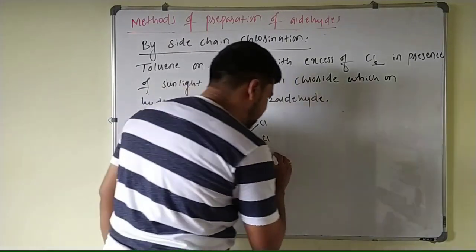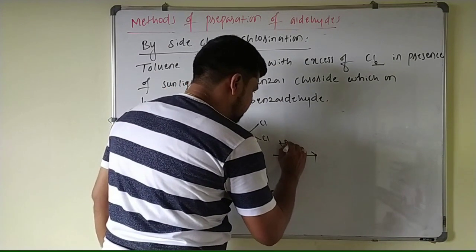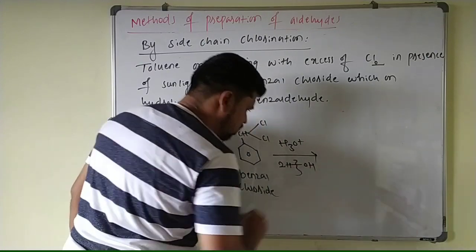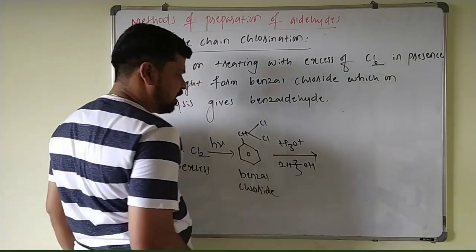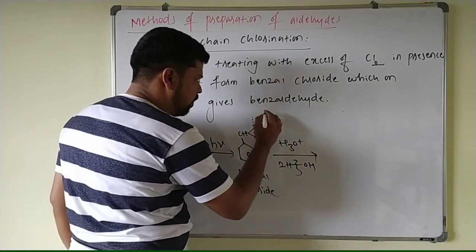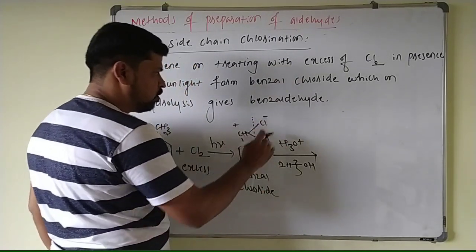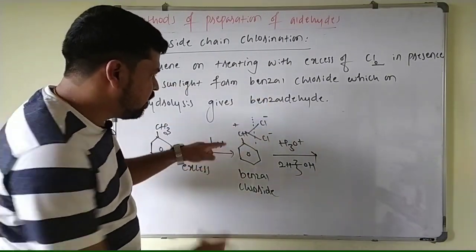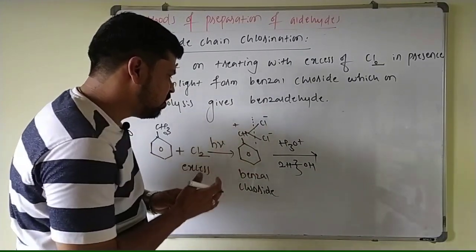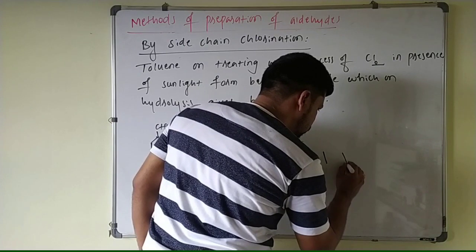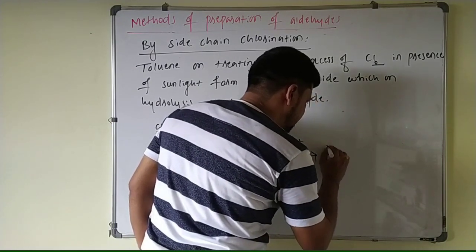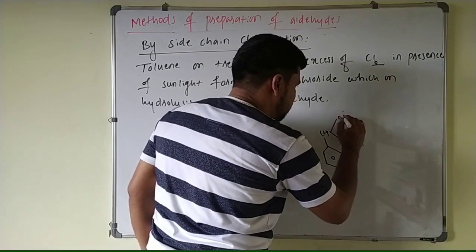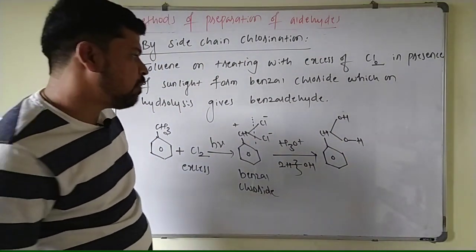This benzyl chloride upon hydrolysis is nothing but addition of water. You take 2 moles of water here. This water is broken in the form of H plus ion and OH minus ion. Again here this will be negative and this will be positive, more electronegative and electropositive. You break this bond, you add one OH this side, H this side. Break this bond, add OH this side and H this side. So that you will get 2 OH upon a single carbon atom like this. This is a CH and this will be OH and this is another OH. Already we know that 2 OH upon single carbon atom is unstable.